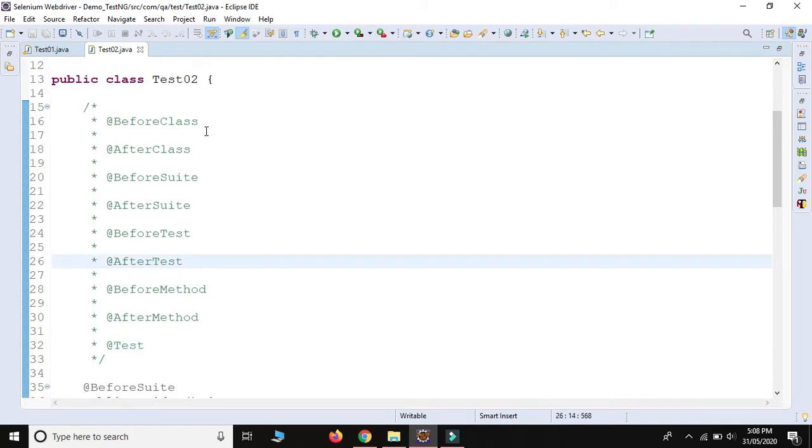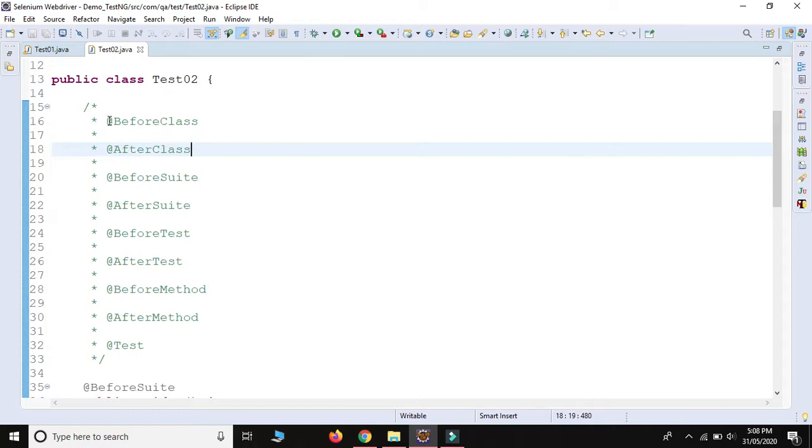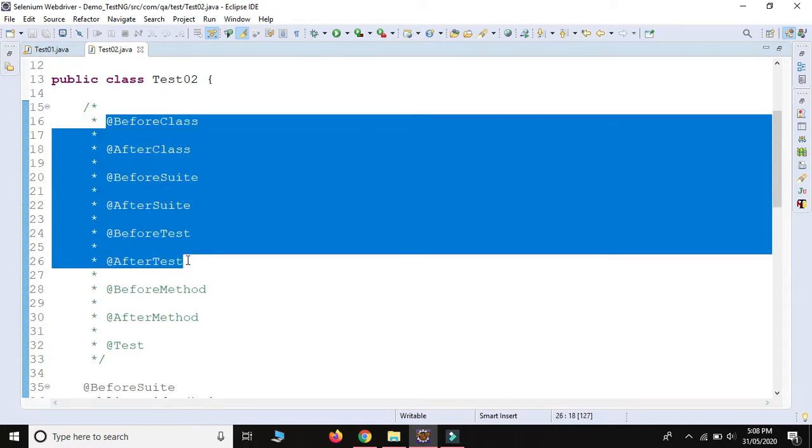So @BeforeClass, @AfterClass, @BeforeSuite, @AfterSuite, and @BeforeTest and @AfterTest, these 6 annotations execute only one time. They will execute for only once in your script.